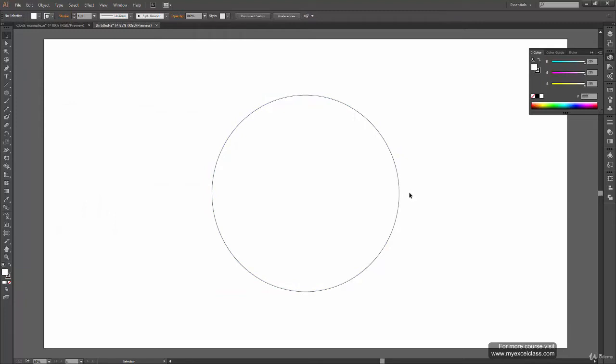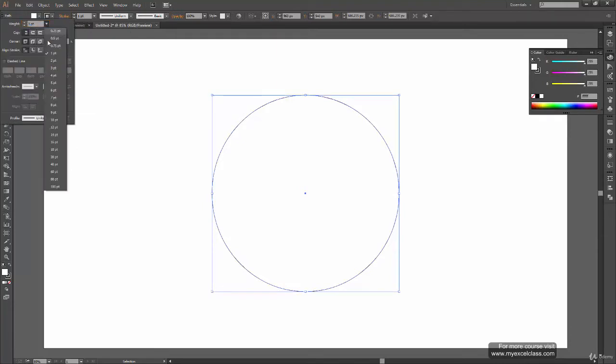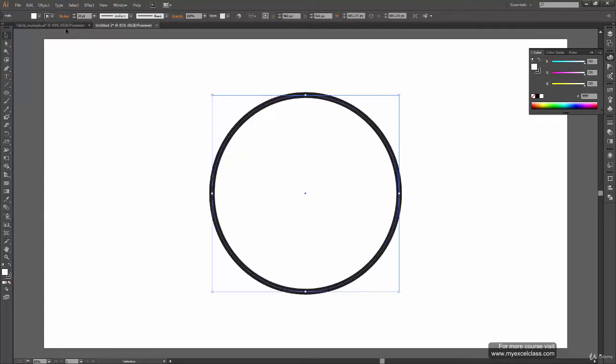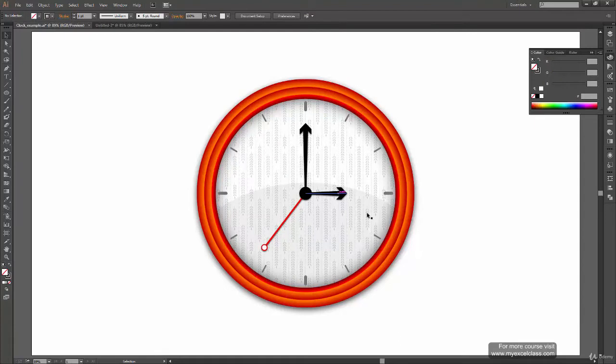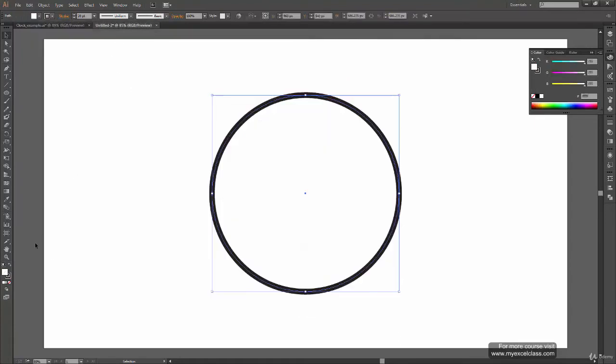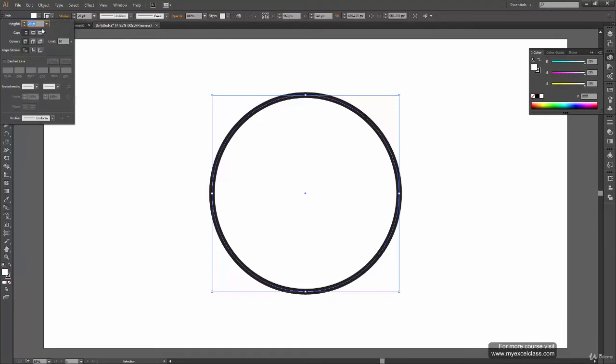And like we planned, we are going to create a thick outline of this. To increase the stroke width, we can go to Stroke here. We can click on this, and from here we can set the stroke width to, I think, 20 points. Let's see, does it match exactly like this? No, it doesn't actually. It is a lot thinner. So let's increase it further.